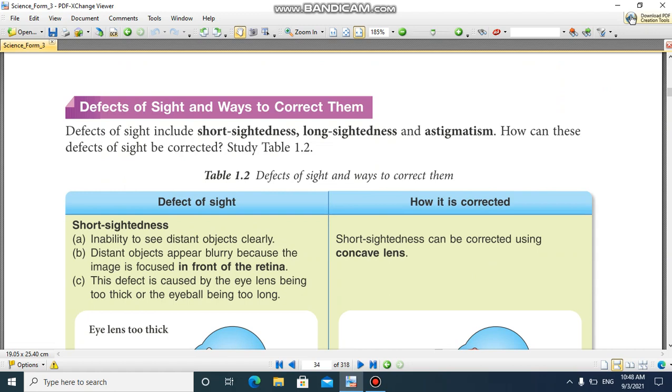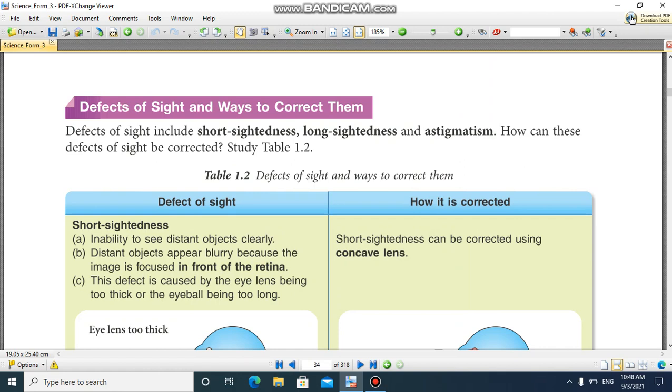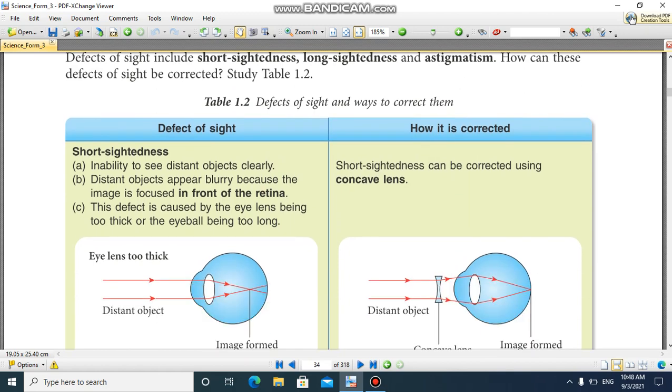Defect of sight and ways to correct them. Defects of sight include short-sightedness, long-sightedness, and astigmatism. How can this defect of sight be corrected? Defect of sight,